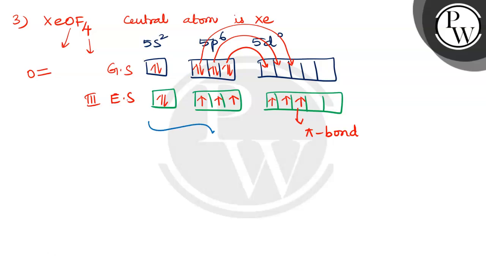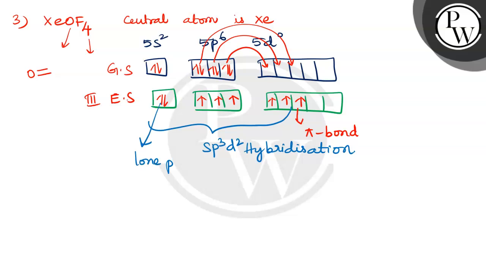Now the hybridization is sp3d2 hybridization, but one position is occupied by the lone pair of electrons. So because of this, sp3d2 geometry is octahedral, but due to the presence of the lone pair, the shape deviates from this. So let's see, 1 2 3 and 4